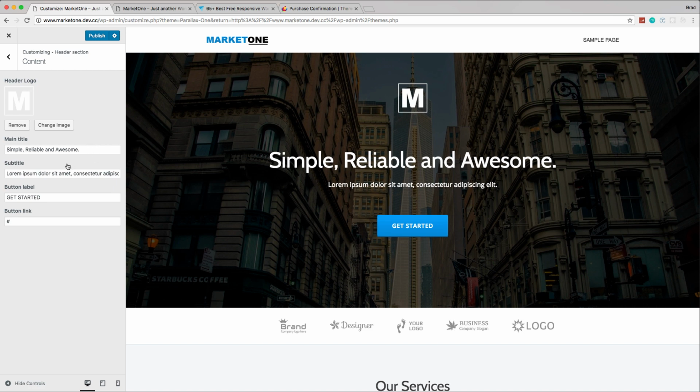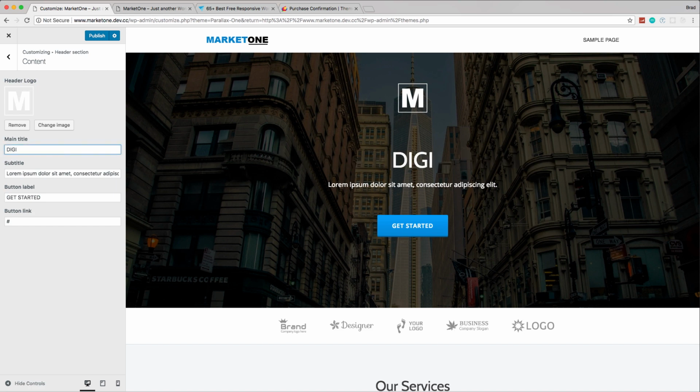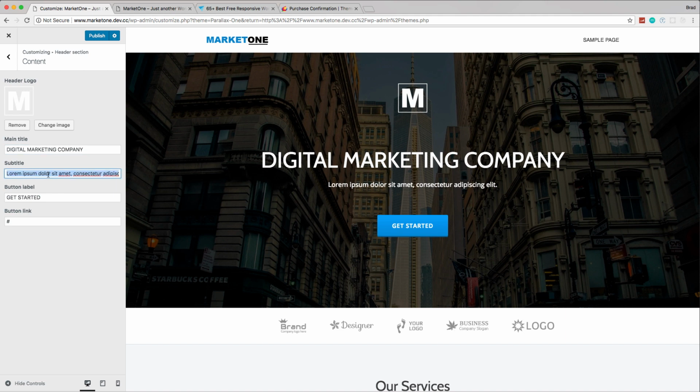All right, so now we can edit the actual text if we want. So let's change this to digital marketing company, and then we have some subtext here we can edit. I'm just going to say for small business websites and mobile apps, and then instead of get started we'll say find out more, just to kind of differentiate from the original theme. And then the button, let's have that go to our domain,